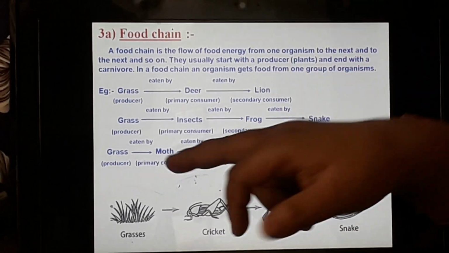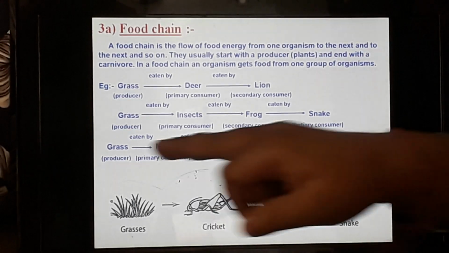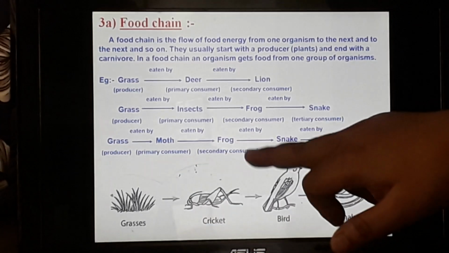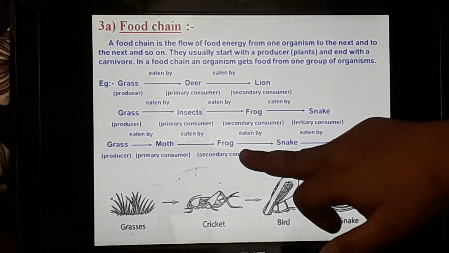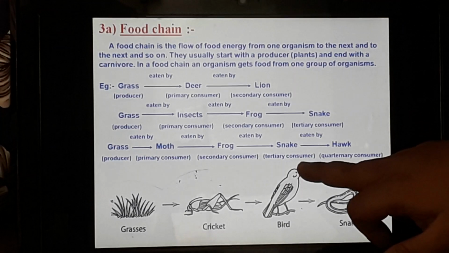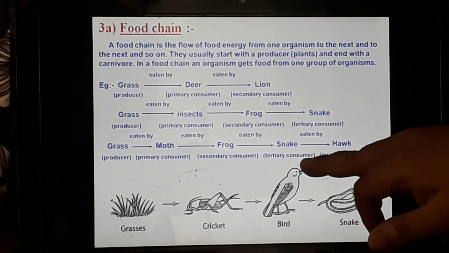We'll go to one more example. You can see a grass producer. The moth is an insect again. It is the primary consumer. Moth is eaten by the frog. The frog is the secondary consumer. Frog is eaten by the snake. Snake is the tertiary consumer,